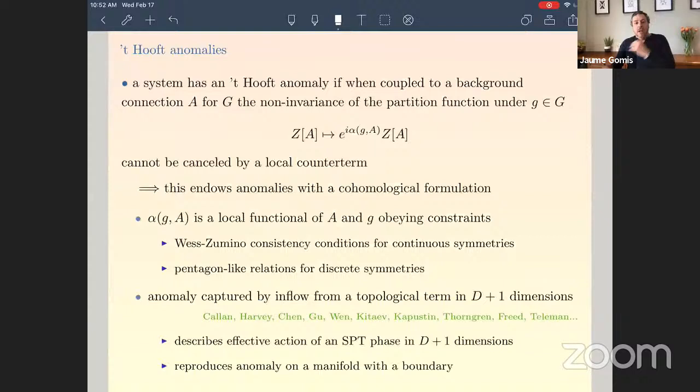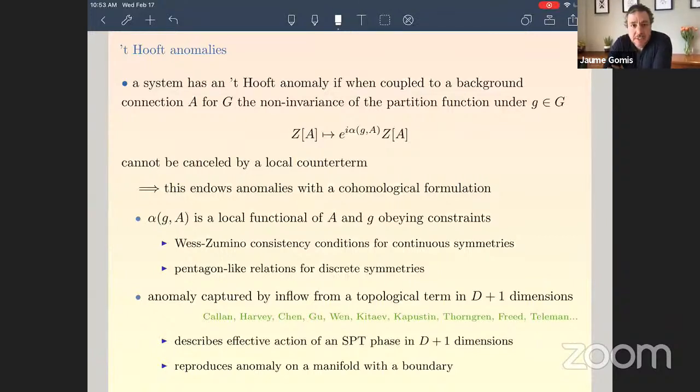All right, so now I'll give a slightly more systematic treatment of 't Hooft anomalies and their classification. And then we will proceed to learning how to detect at least some of the anomalies by very simple means, essentially using methods that you could learn in the first course in quantum field theory. Okay, so as I said, what is the unofficial definition of a 't Hooft anomaly is when you have a system